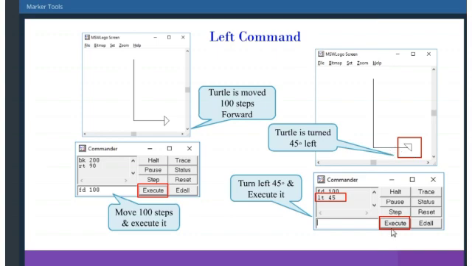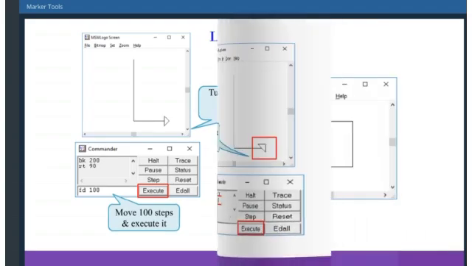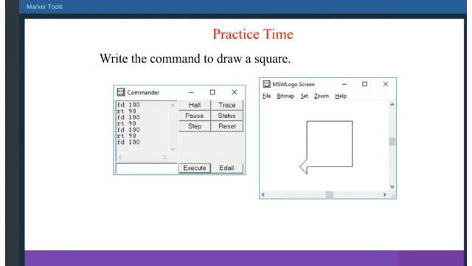Then execute the command. It turns left. These are the basic commands. For forward, FD. For backward, BK. Turn left, LT. Turn right, RT.